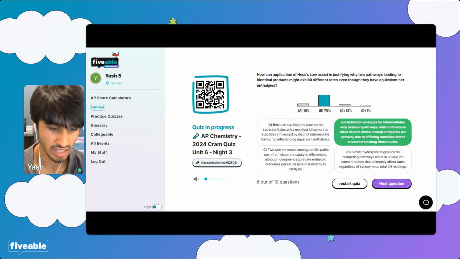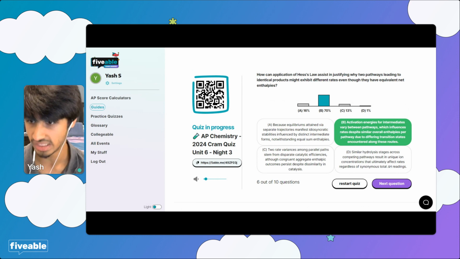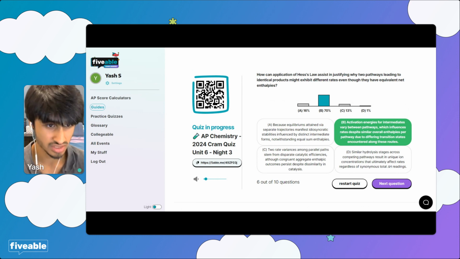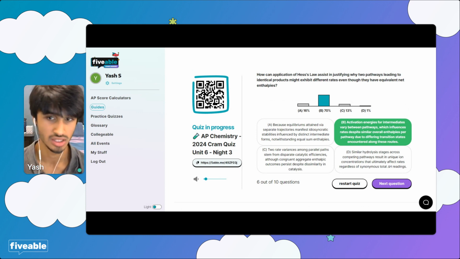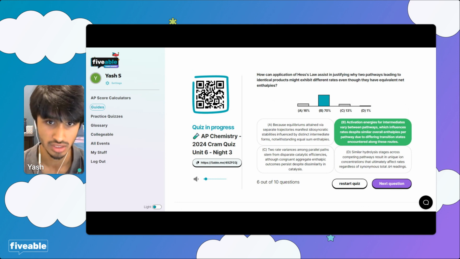For example, hydrogen and oxygen combining, like the equation in chat, 2H2 plus O2 going to 2H2O, is thermodynamically very favorable, right? But if you mix gaseous samples of hydrogen and oxygen, they're not going to ignite and turn into water unless you give some energy to them in the form of a spark, because the activation energy to react is very high for this reaction. So just because something is thermodynamically favorable doesn't mean that it happens super fast. How fast a reaction happens, or its rate, is influenced solely by its activation energy.